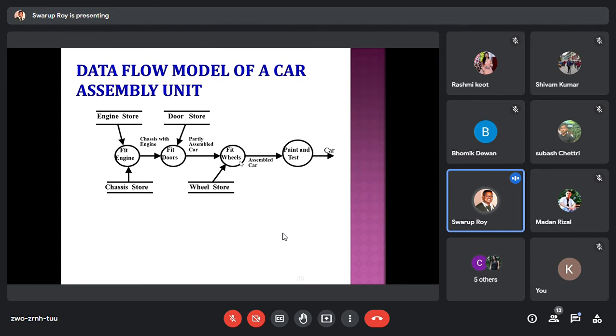There are some circles which we call processes. The parallel bars that you have seen are called data storage. The lines, that is the arrows, indicate the flow of data from one process or function to another function, and what data you are passing is written just above every arrow.